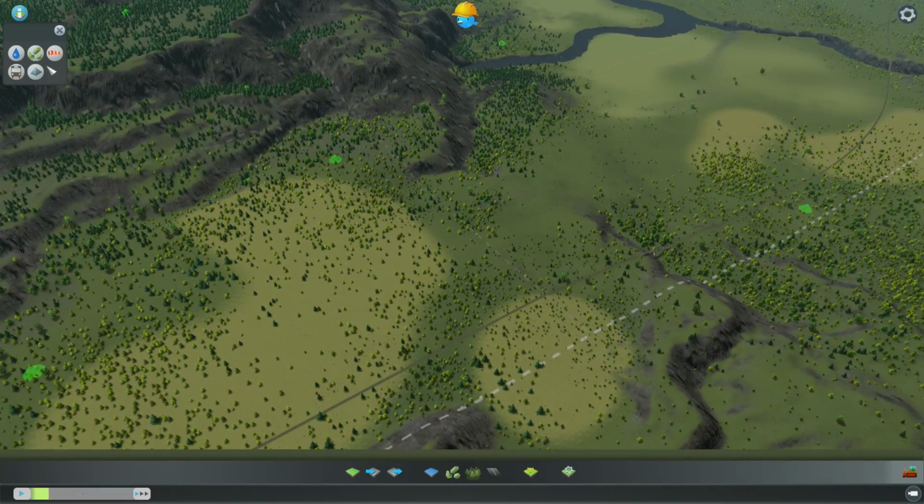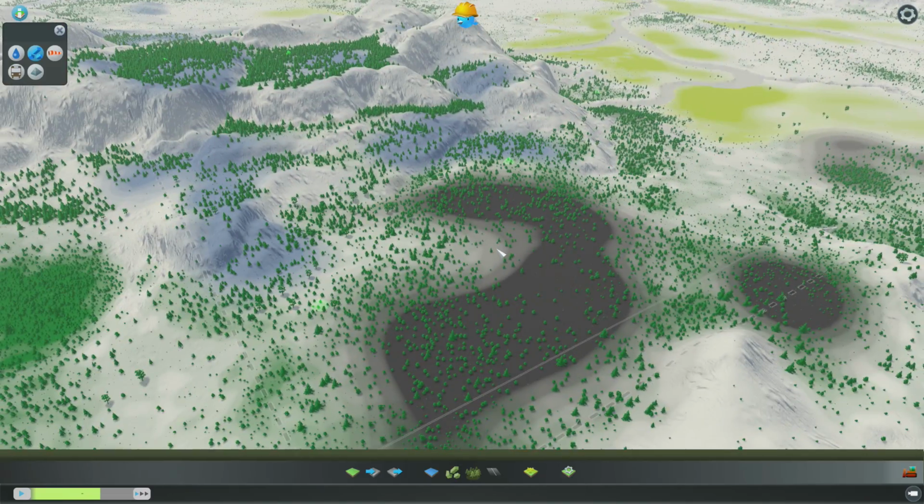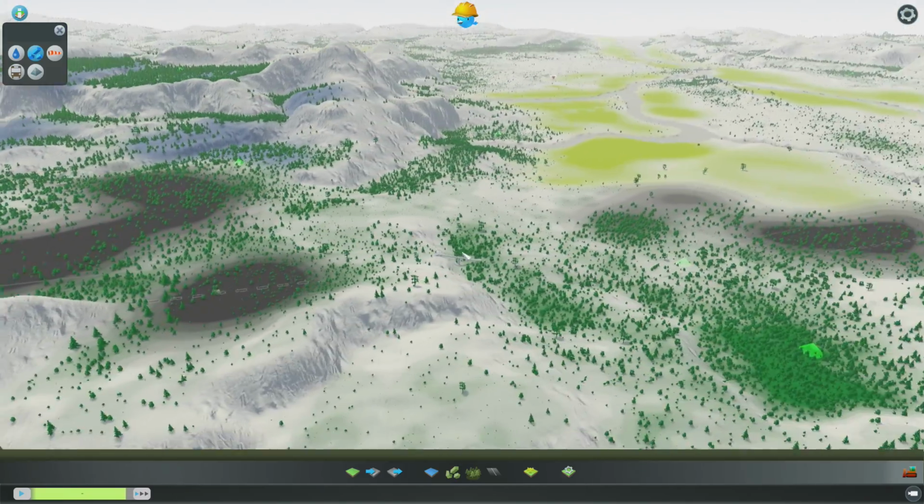Just very quickly, let's turn on the resources to show you what is there. So you can see this is a heavy oil area. I wanted this hillside here to be very industrial and for people to sort of focus on, okay, by the